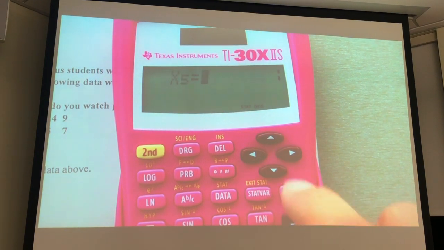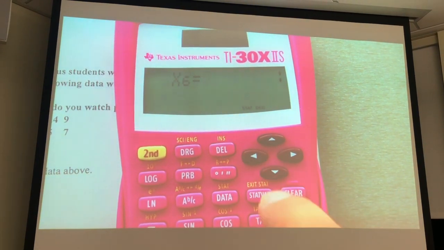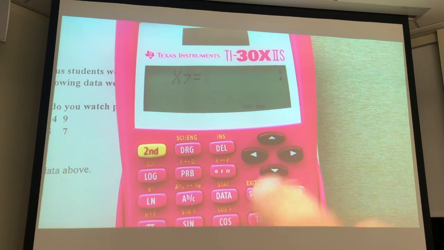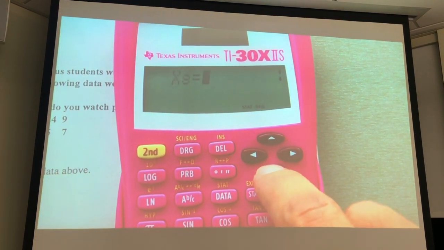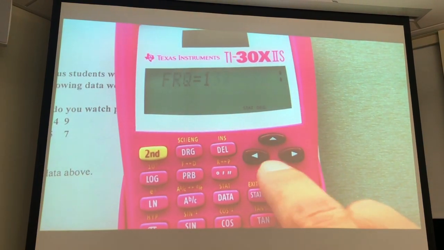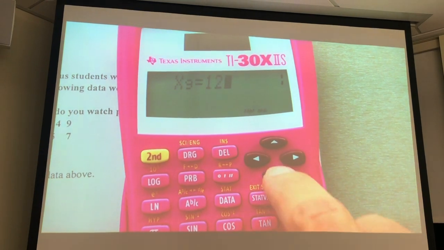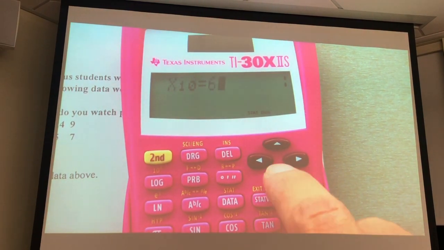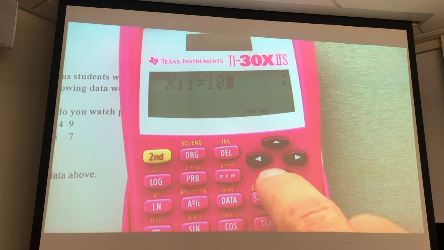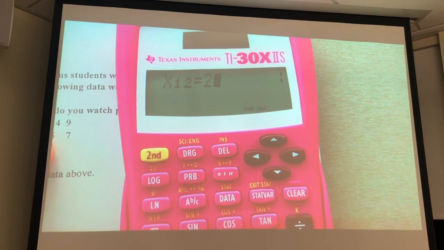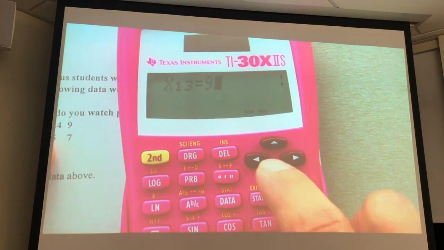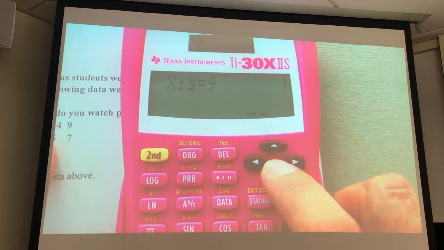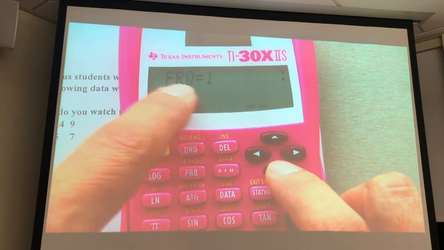And notice I'm just leaving the frequency as 1 because I'm just going to enter in all the data values as they are. If I had more of each, I probably would have put in a frequency more than 1. I mean, I can if I want, but we'll just make it easier. All right, so once I've gotten to my last data value, which was 13 data values, I'm going to go to frequency 1,